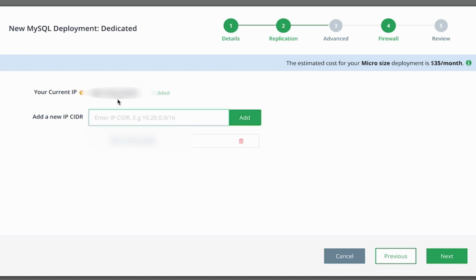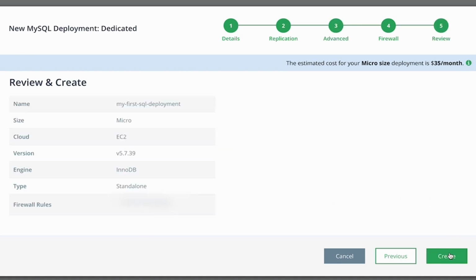You can only connect to the database if you whitelist your own IP address. So that has already happened here. I'm going to click on next, and it's just telling you to review every single thing, and it all looks good. It already automatically added my IP address, so I don't need to add it manually again. Although if you want to add a second IP address, I can show you how to do that after the